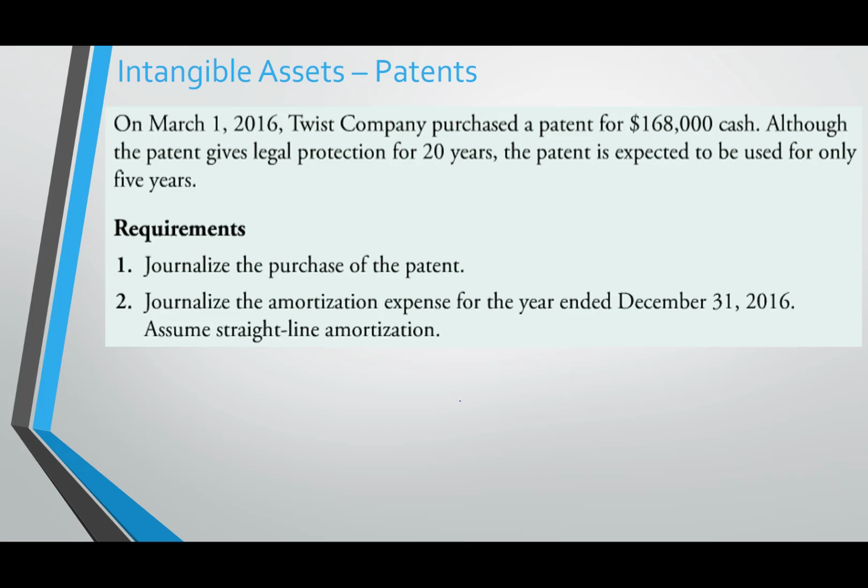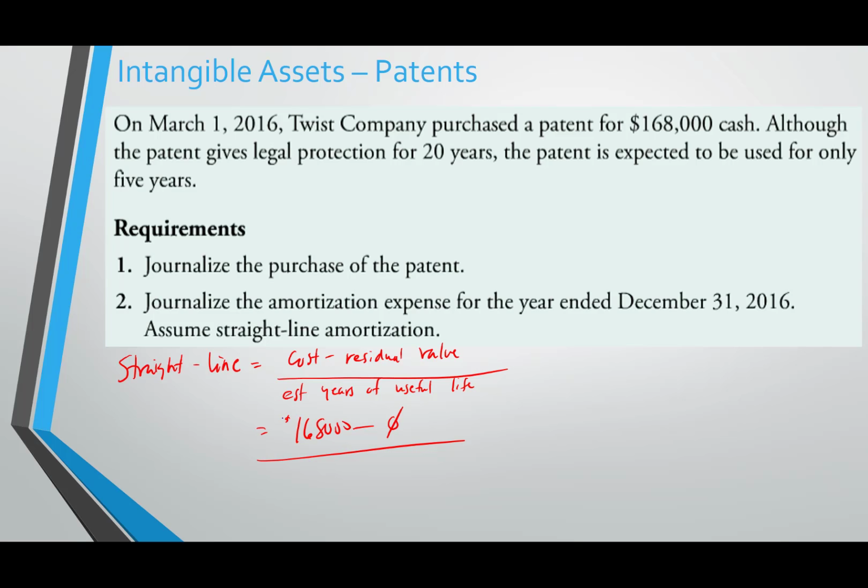Straight line. Again, you would have your cost minus residual value divided by estimated years of useful life. In this case we paid $168,000. There was no residual value here. Now you've got to be careful with the estimated years of useful life, because even though we know it gives 20-year protection, we're only going to use the patent for 5 years, so that's what we need to put as our amortization useful life. So we take the 168 divided by 5 years,